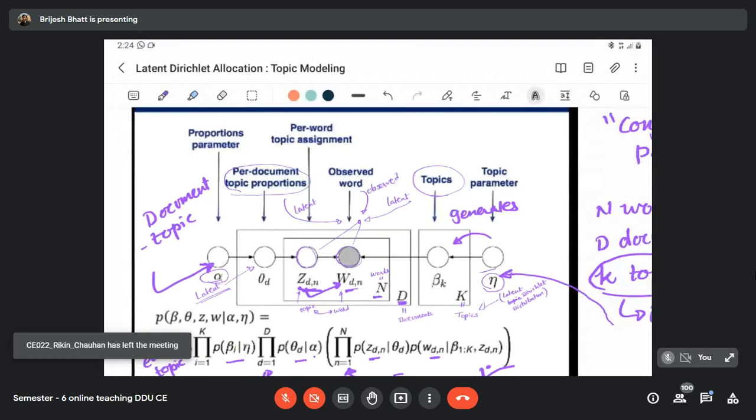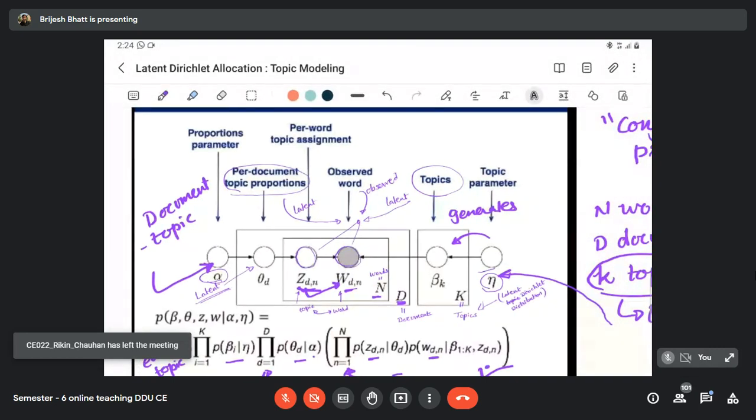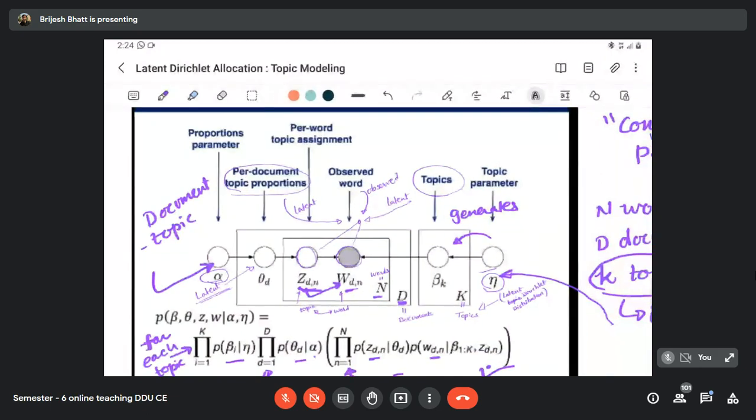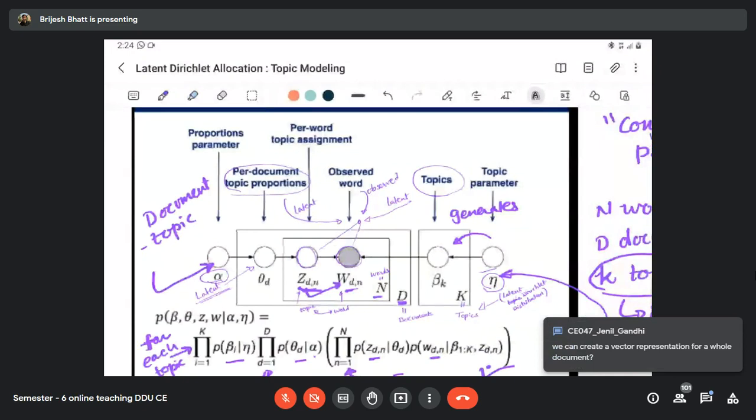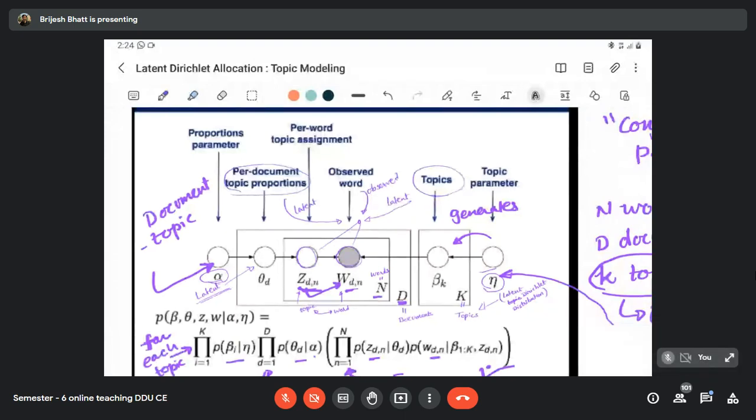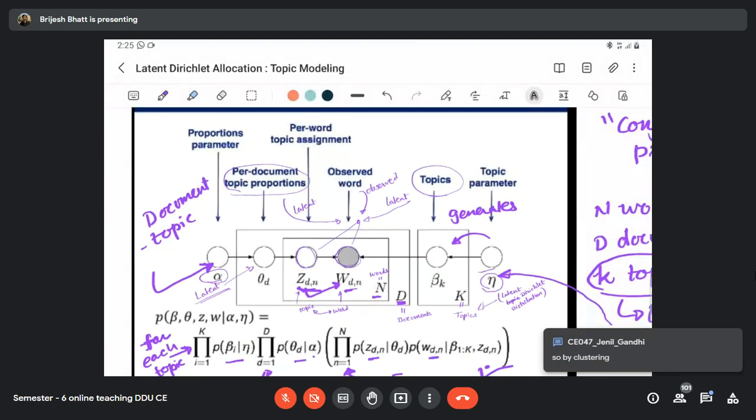So that's why it is called latent Dirichlet allocation. That's why we made this Dirichlet assumption that there are many topics. We don't know what kind of topics they are, but it is coming from some Dirichlet, which is controlled by a parameter eta. Yes, we can create a vector representation, that word document vector from where we have started. But how do we know how many topics are there, given what kind of documents we are talking about? That also is not specified so far, right? Clustering, yes. So this is in a way a clustering technique, but a bit more intelligent.